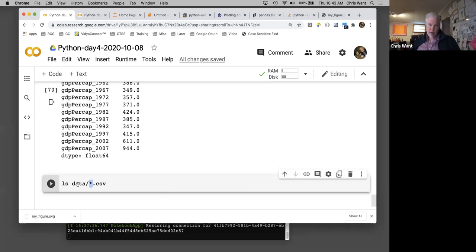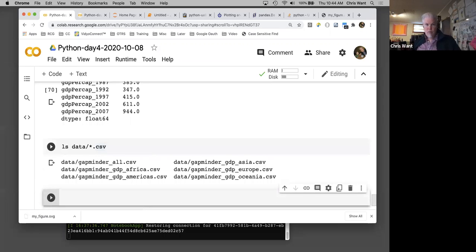So we go into the data directory, and then we match a bunch of unspecified characters, as long as there's a .csv on the end,